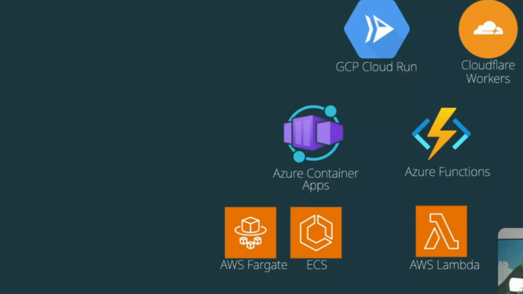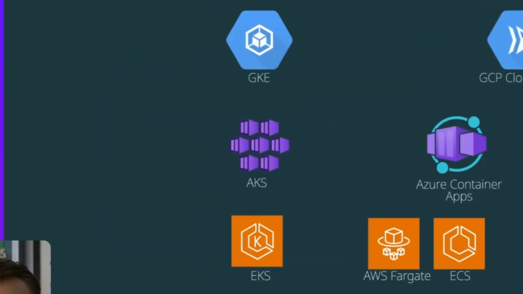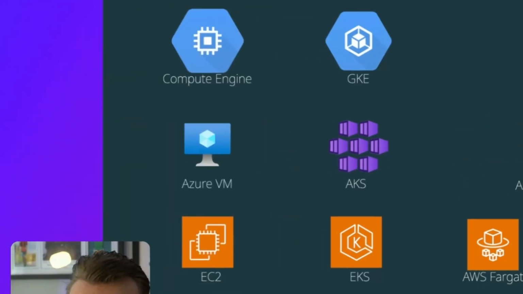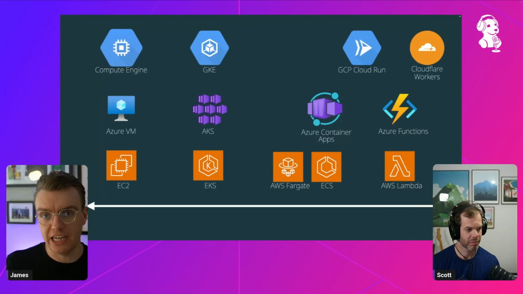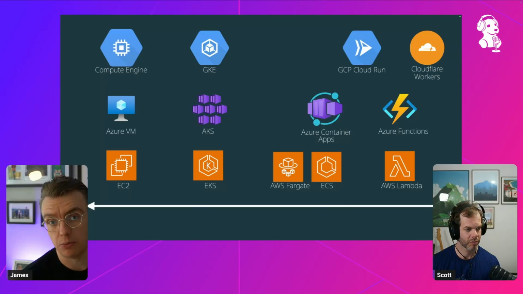Obviously, as you continue down this spectrum, you end up in services like GKE, AKS, EKS, Kubernetes, before finally ending up at your virtual machines. And obviously, off the end of the screen, down at the other end of the room, is running a server under your desk in an office. But you've got this spectrum of compute choices, and generally you should pick the place to start based on what is the simplest thing for you right now. But remember, serverless does not equal functions.